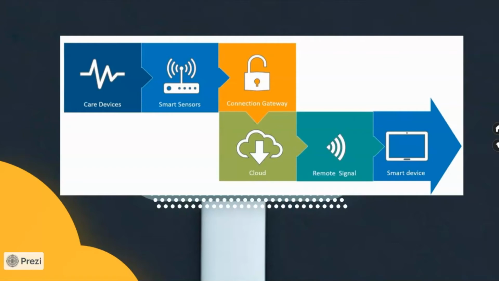A device has certain parameters that are considered safe. Once one of them is breached, the sensor immediately relays this message via a secure gateway to a cloud. Now, it is vital for this gateway to be secure as it holds all valuable medical records. The cloud then passes a remote signal to a smart device that is monitored by either a nurse or